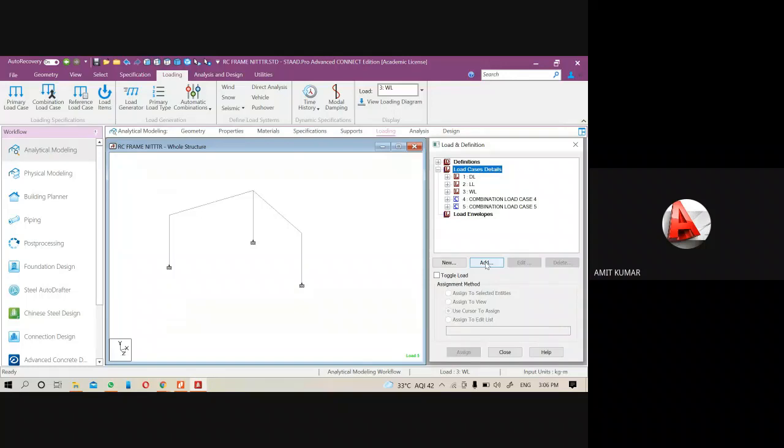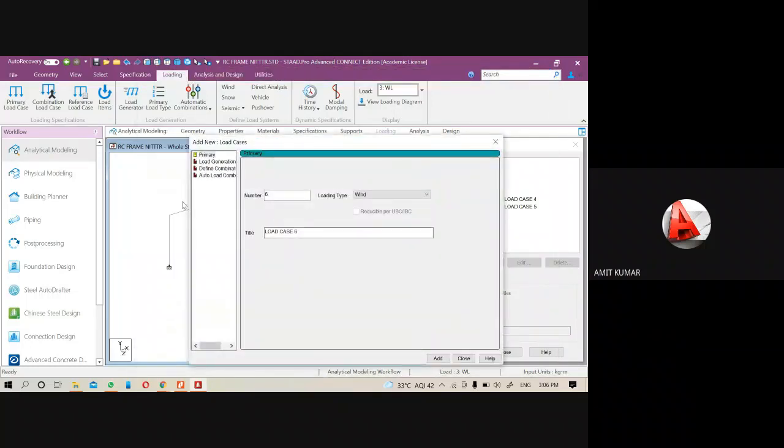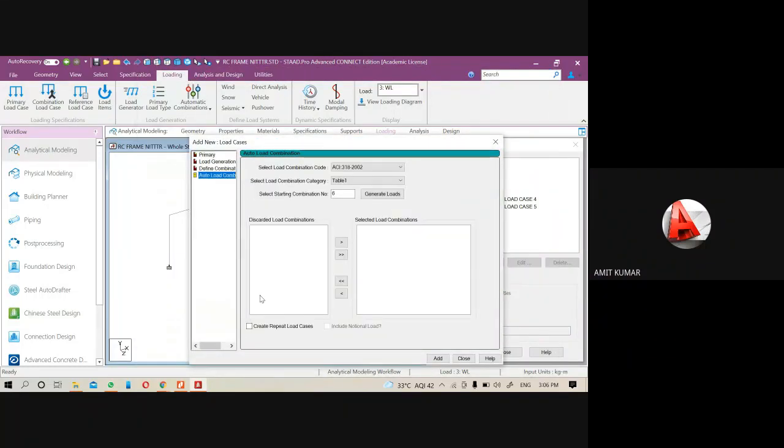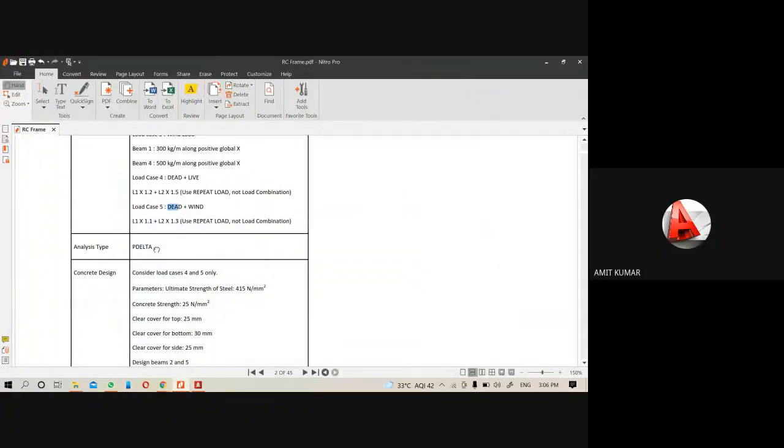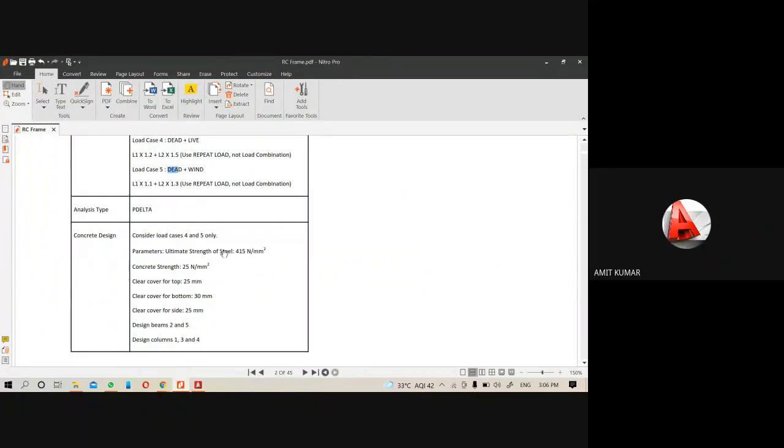Next thing will be the analysis procedure. I will show you the analysis options also. So come to the file again. Analysis type, they are doing the P delta. And the concrete design is for load cases 4 and 5 only. So first we will do the primary analysis, then after we will do the concrete analysis also.